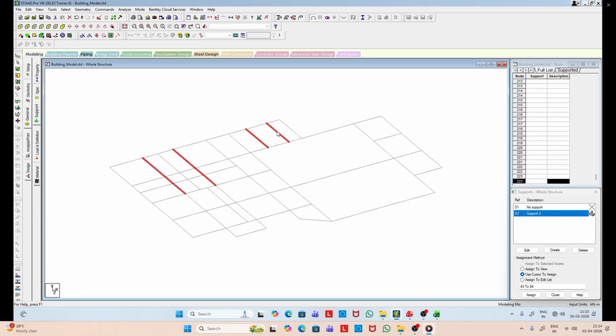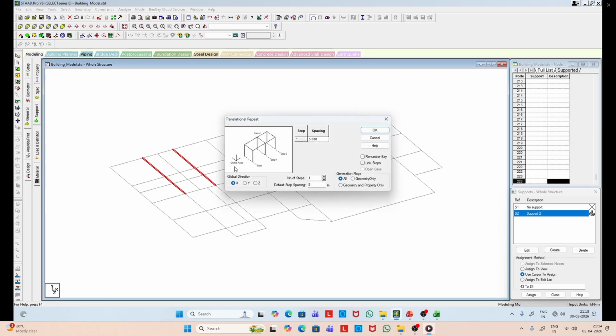Once you select this, you can also identify the beam numbers. I'll also show you the text file for this model, and there you can actually identify these beams based on their numbers.